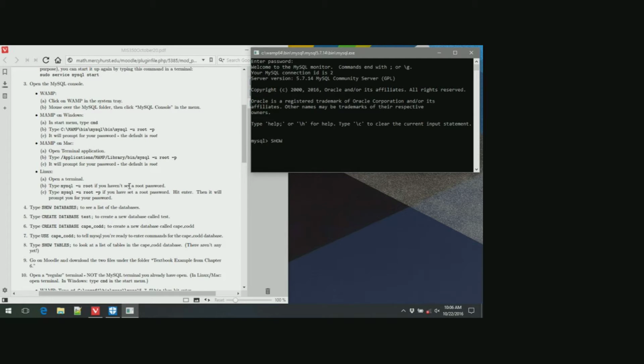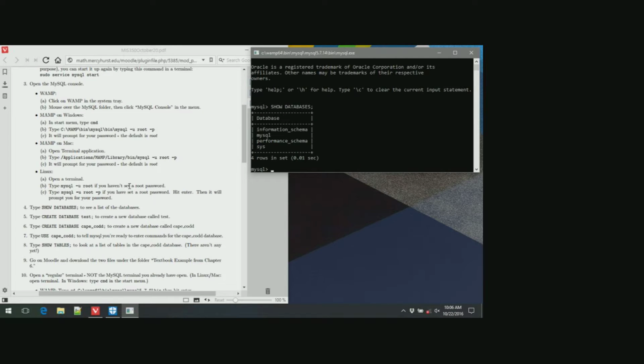So here, the first thing I want to do is see what databases exist on my computer. Well, right now it's just the system databases, the ones that just make the server run. I'm going to create a new database